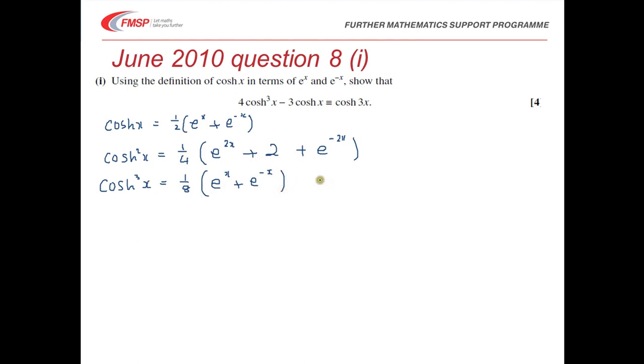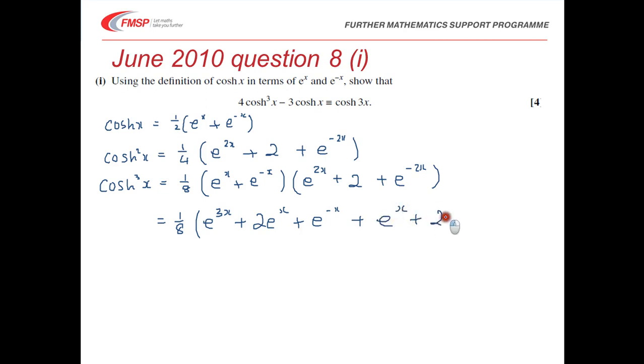So I've just multiplied my half by my quarter, and just doing this carefully and bringing all our terms together, we'll get 1/8 of e to the 3x, so I'm just multiplying the second bracket by e to the x first of all, so we get e to the 3x plus 2e to the x plus e to the minus x, and then multiplying everything in the second bracket by the second term, we get e to the x plus 2e to the minus x plus e to the minus 3x,